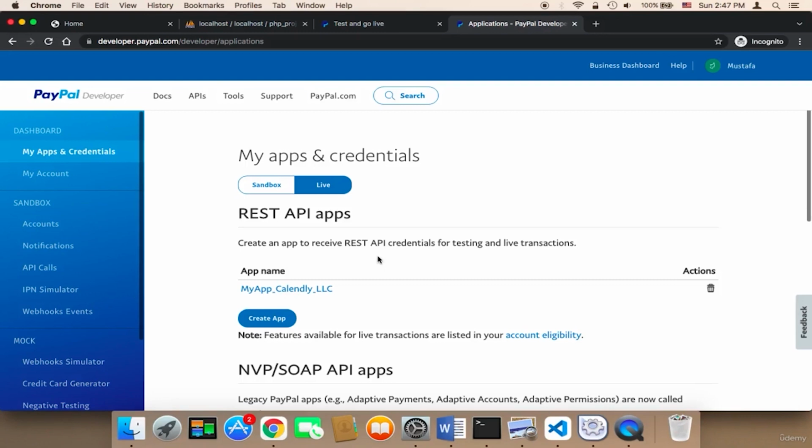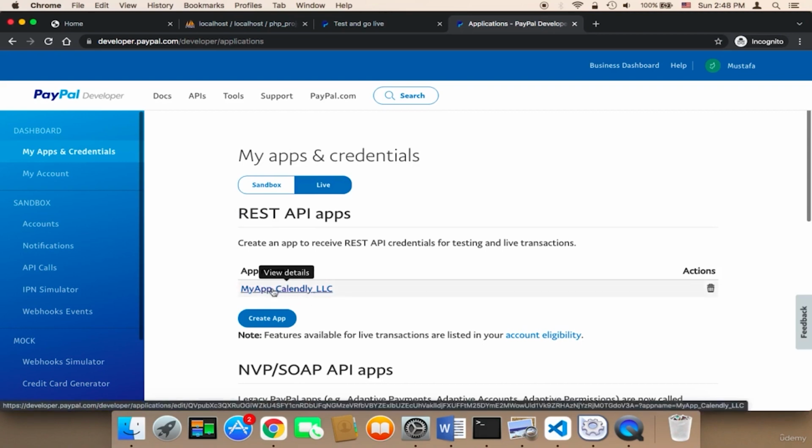Welcome back. Now, in order to go live and receive real money from people, you need to change the sandbox environment into the live environment. So you need to head on over to your PayPal developer account and then click or select the live in my environment, and then you will find all of your apps. Click on the app that you created. So I'm going to click on my app,